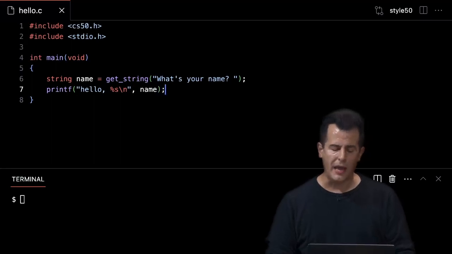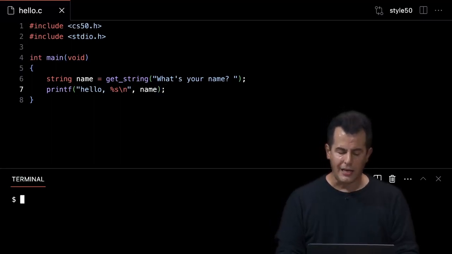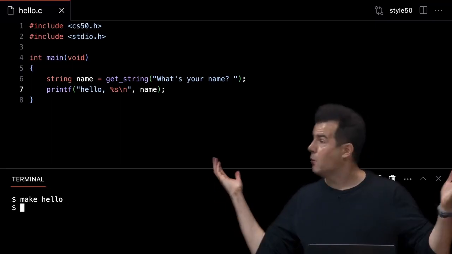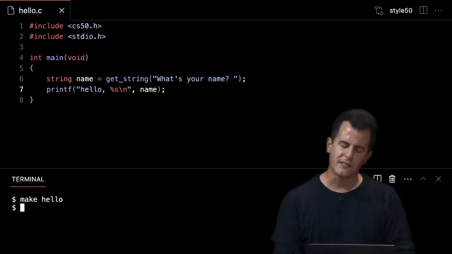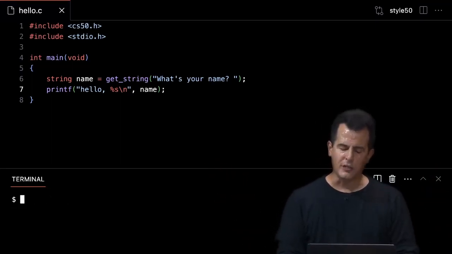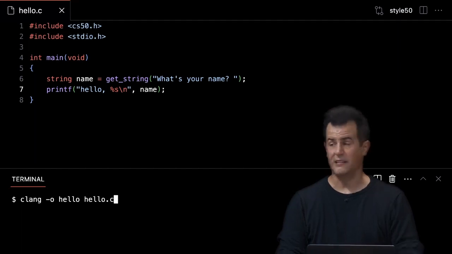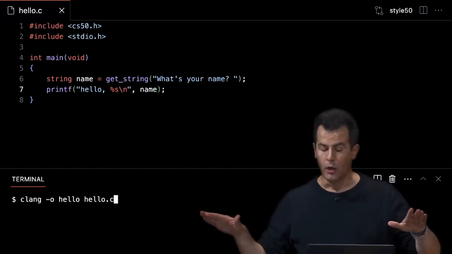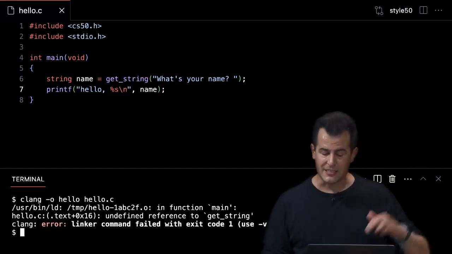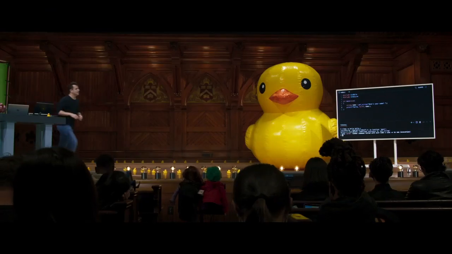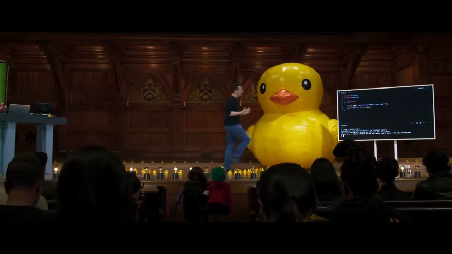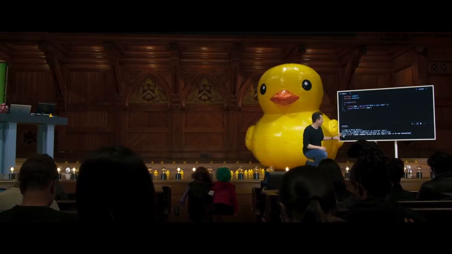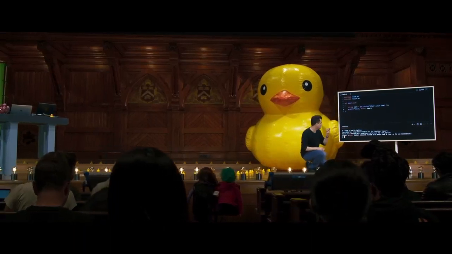All right, so if I go ahead now and compile this, last week I could just do make hello and I'm on my way. It worked just fine. But if I instead do clang manually, it turns out this is not going to be sufficient now. clang -o hello hello.c. Exact same thing I typed a moment ago, but I think I'm going to see some errors. So what's this error hinting at here? Well, at the very bottom, it's a bit arcane with its output, and much of this you can ignore, but there are certain keywords.